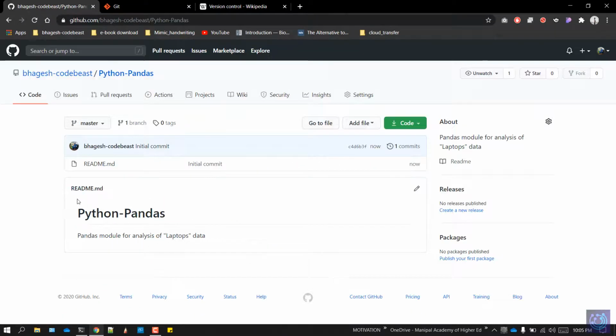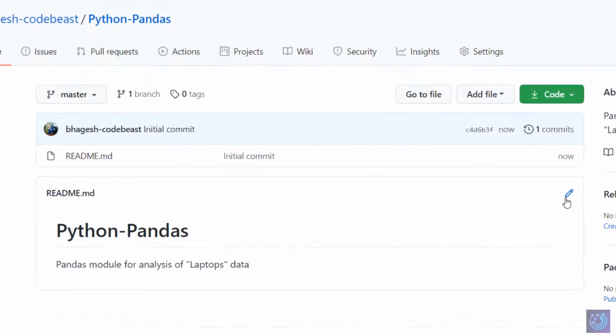So yeah, this is what I was talking about, readme.md. It puts a description in here and the title in here. So this essentially is a file. You can edit it by clicking this pencil icon. So right now our repository only has the readme.md file. There are multiple options to add files here. You can click add file, create new file, or just upload whatever scripts you have already written and they'll be